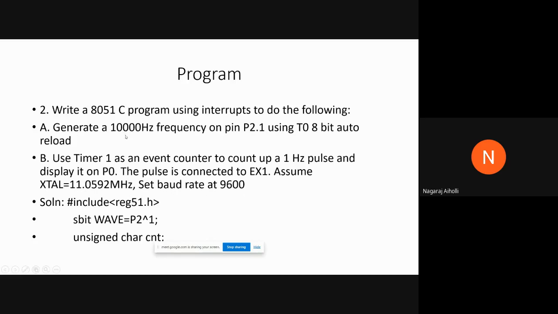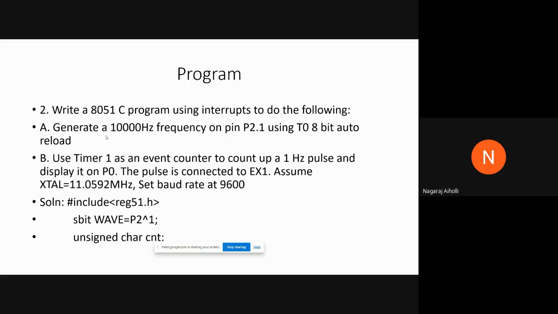So when the frequency given is 10,000 Hz, first find the time period. We know that time period is the reciprocal of frequency. T is equal to 1 by f, that is 1 divided by 10,000 Hz. So find out whatever value we get. T is equal to 1 divided by 10,000. We have seen various programs of how to find the starting value, right?